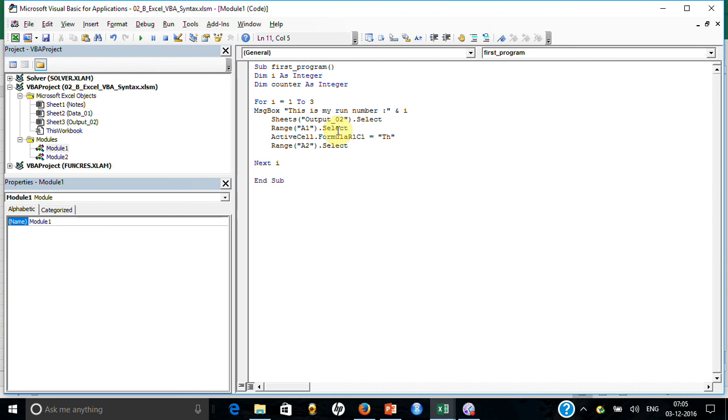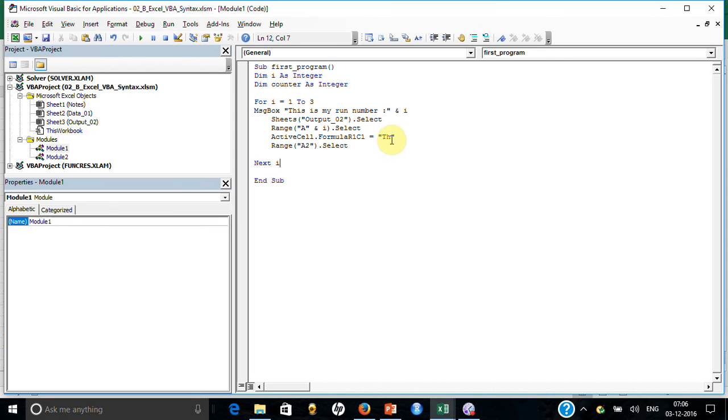Range A1 select. Now you will not like to select A1 all the time. For the first run you like to select A1, for the second run A2, so that it goes down and down. So what I did, %I. First time it will be A1, second time A2, third time A3.